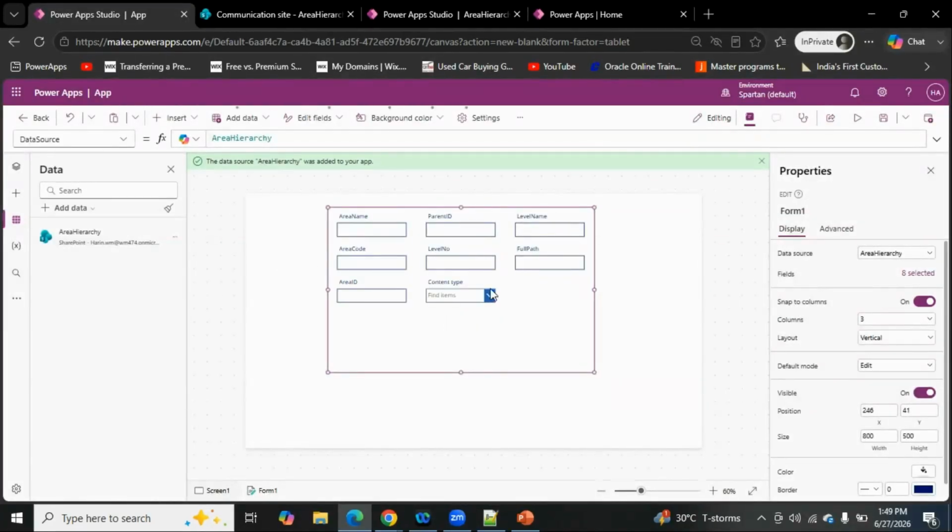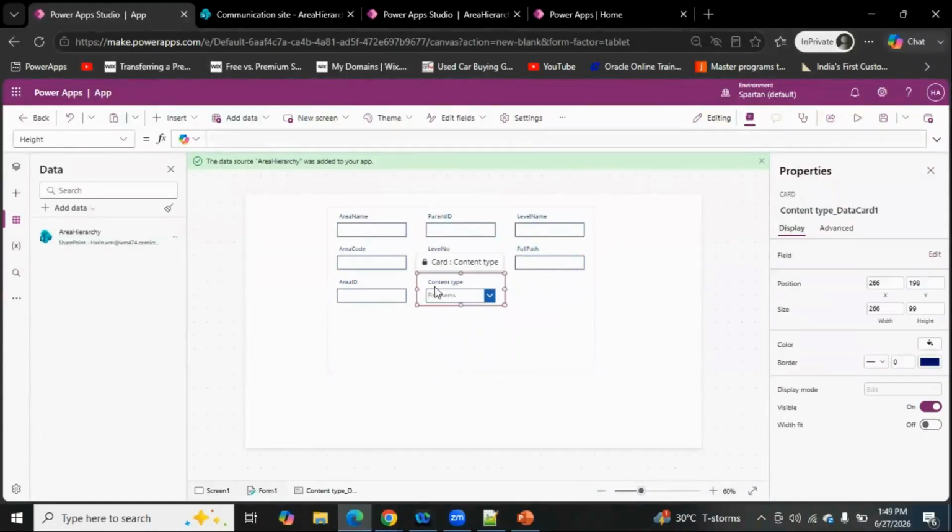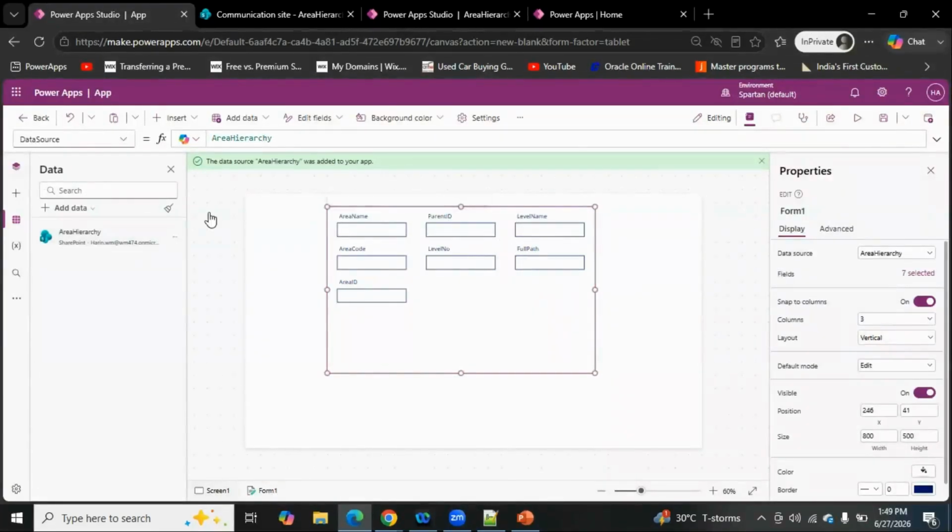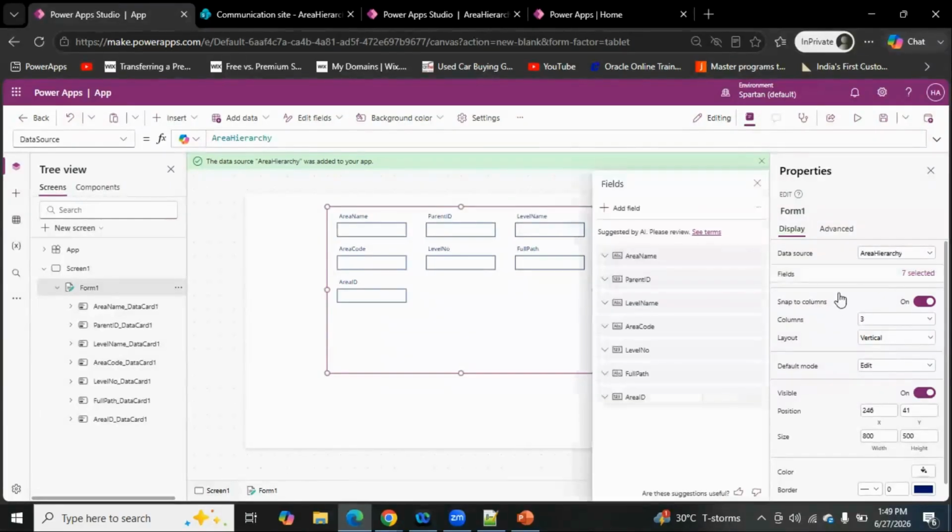As you can see, it has auto populated a few of my fields from SharePoint, which the form generally does. We can remove whichever we don't want and keep whichever we want, it's up to us. But if we edit the fields on the right hand side and go to add field,